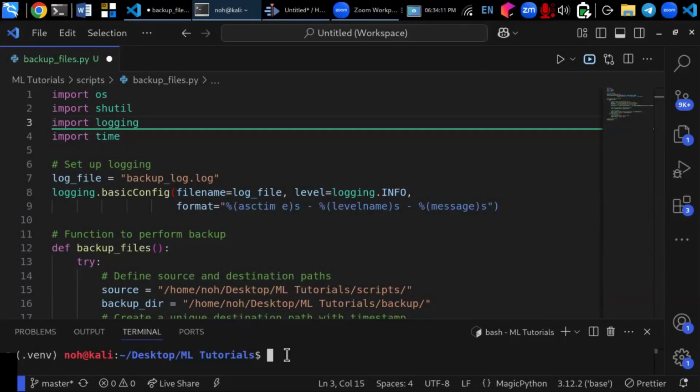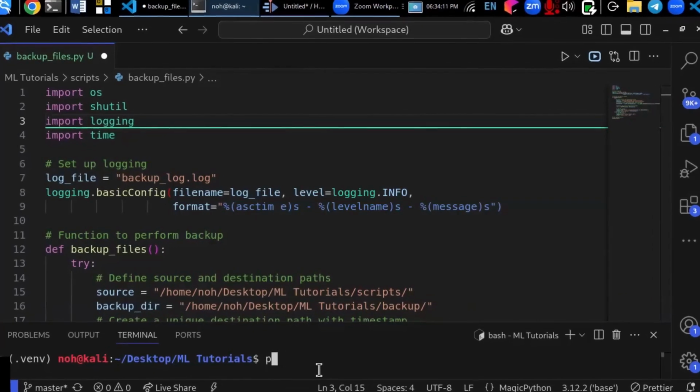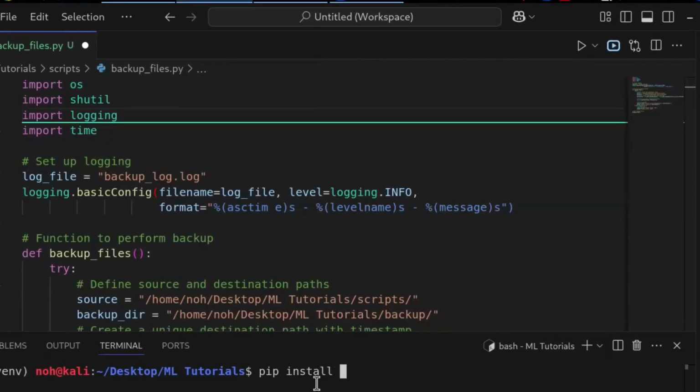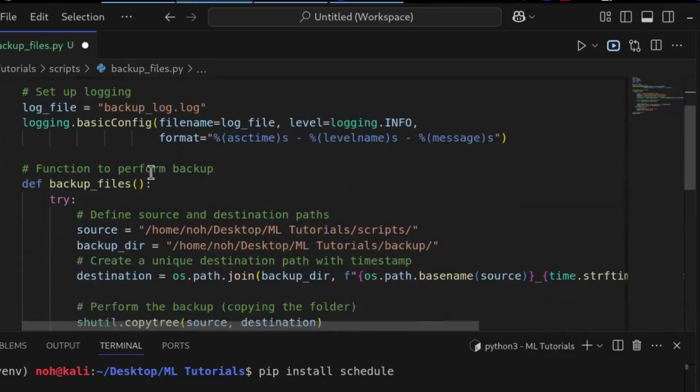The next step is using a schedule library that is cross-platform. It is inside of the Python script. The third method is using the schedule library in Python. This is a great option if you wanna schedule tasks directly from your Python code without relying on system tools like cron or task scheduler. To do this, first install the schedule library by running pip install schedule. Once successfully installed, you can import it on top of the backup files script.